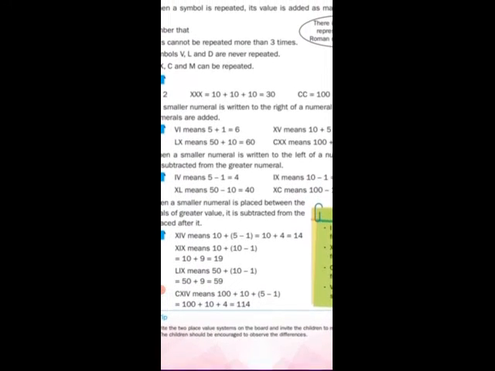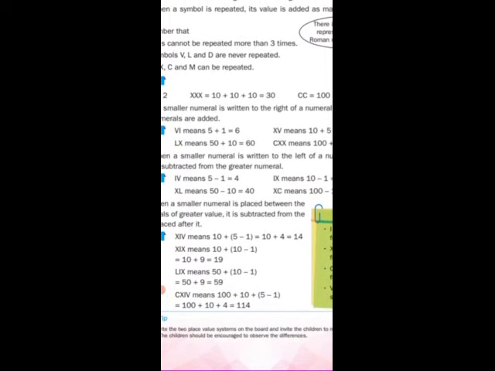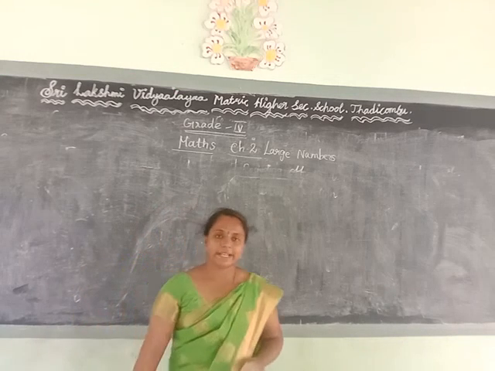Okay, so when a smaller numeral is placed between two numerals of greater value, it is subtracted from the numeral placed after it. Just to see XIV: what is X? It is 10. What is I? It is 1. What is V? It is 5. Yes or no? Yes. So the two greater numbers, 10 and 5, we have to add, and we have to subtract 1 from that. Okay ma, is it clear? Yes. So practice the things given in your book. So students, I hope you might have understood what is